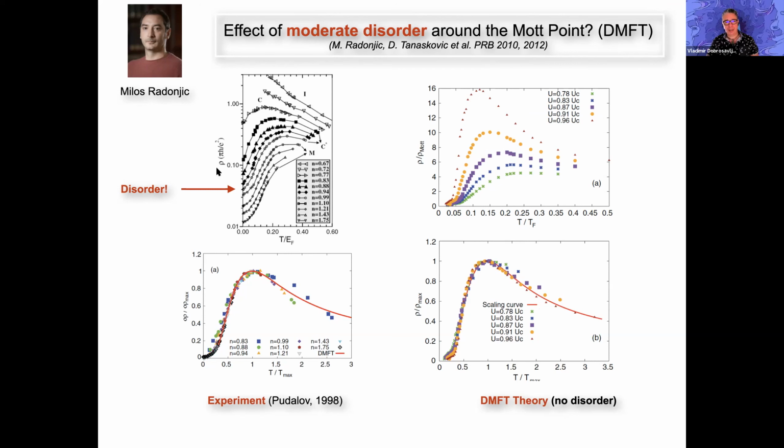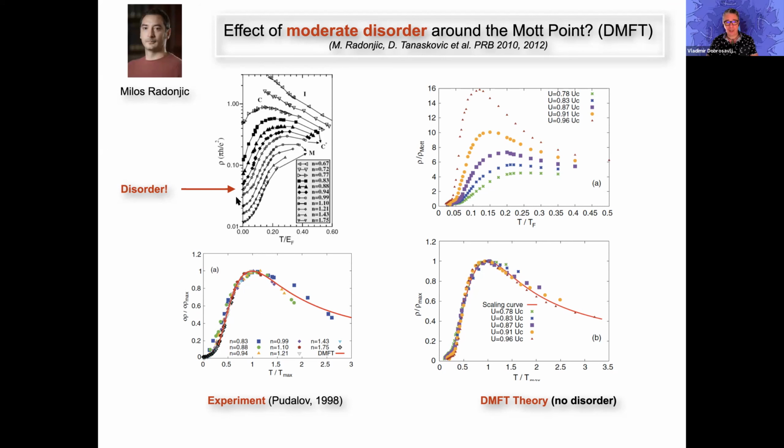You can repeat the same thing in experiments. Here are some experiments on two-dimensional electron gases in silicon by Vladimir Dobrosavljevic some years ago. And you see, all these curves shown here on the logarithmic scale look almost the same. That suggests that this kind of scaling should work. And in fact, when you repeat our procedure, you get this collapse, which is in perfect agreement, without adjustable parameters, with our red DMFT scaling function predictions. This is an amazing agreement with the experiment.